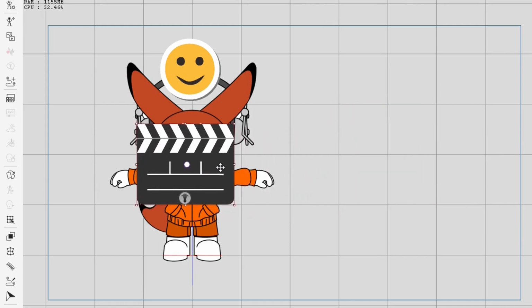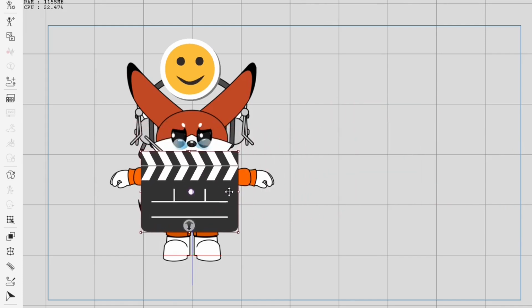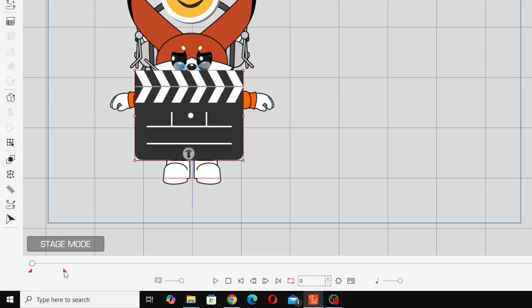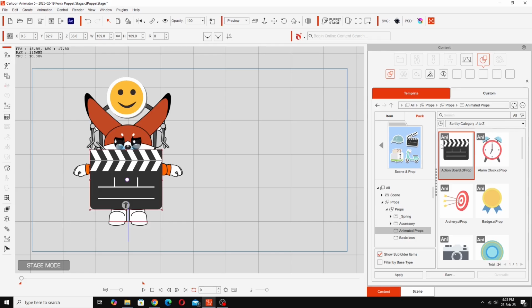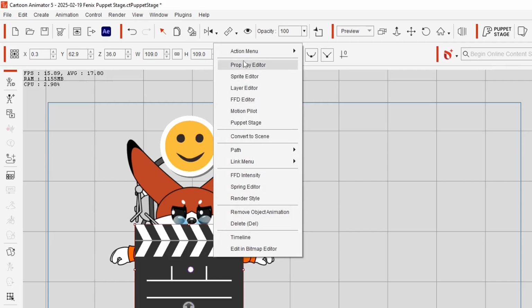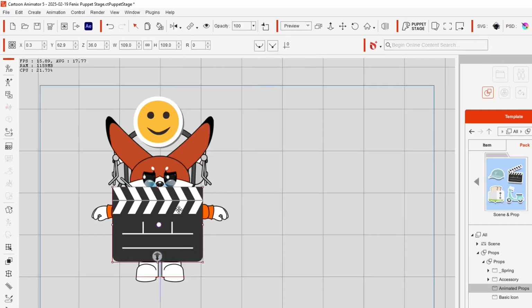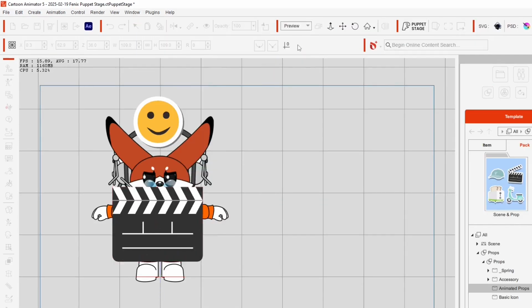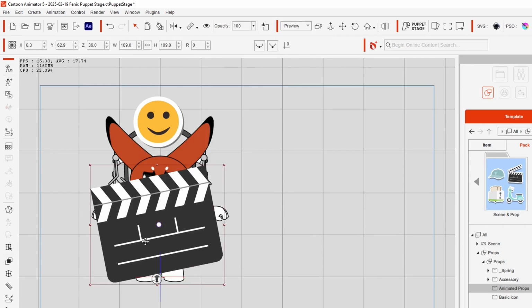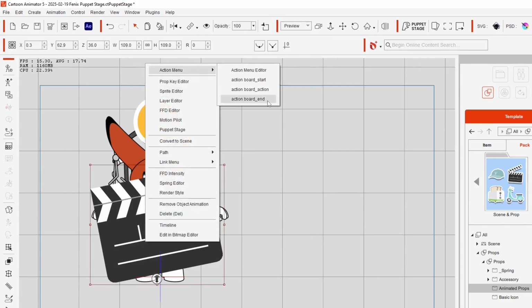And we're going to have it in front of the character as if that's going to be the start of the animation. So in order to do this, I'm going to move my selection flag down there, and these animated props have their own animations in an action menu. Do an action board start, action board action, and action board end. All we're going to do is fire each one of those off in sequence. So we'll do action board start, and we'll go to the next one, action board action, and then we'll go to the next one, action board end,